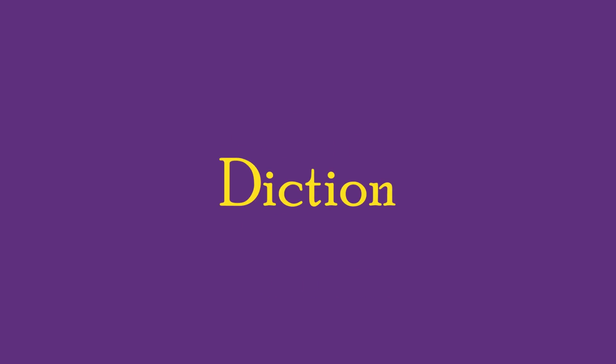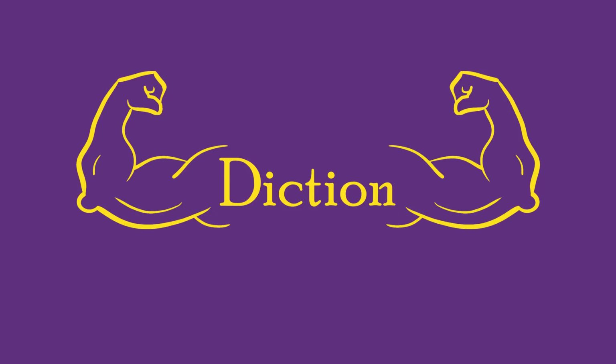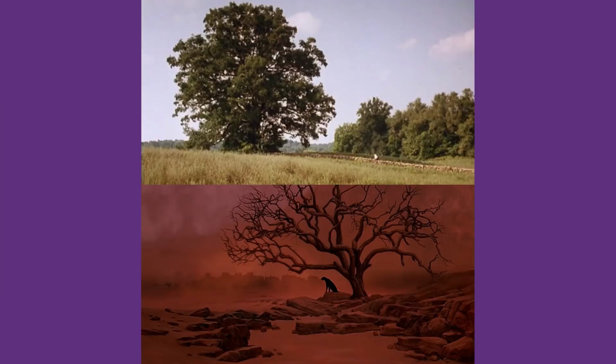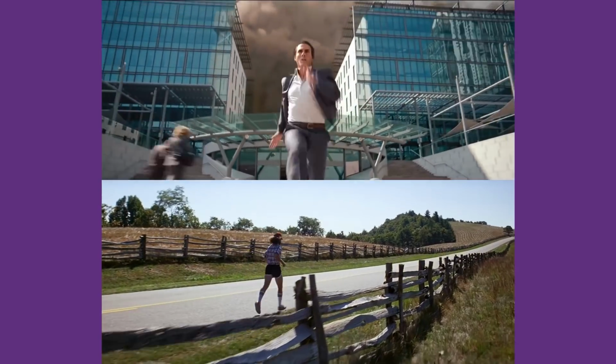First up, diction. Word choice is the most powerful tool available to the screenwriter. The choice of words can completely transform the feeling of a place, object, or action. A shriek is more horrifying than a scream, which is more fearful than a shout, which is more urgent than a yell, which is even then more serious than a holler. Despite these words representing very similar ideas, they all have very different connotations. You might hear a shriek in a slasher flick,